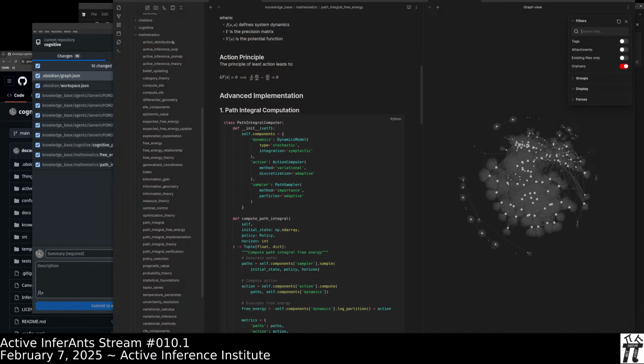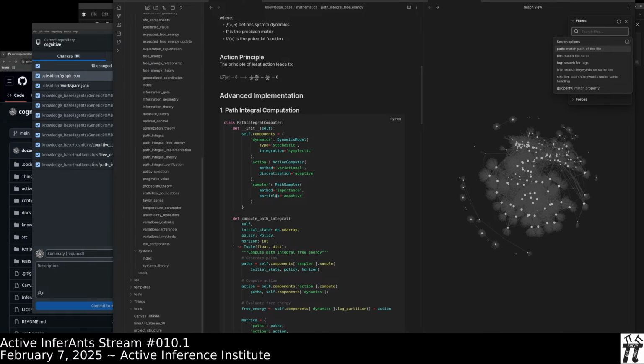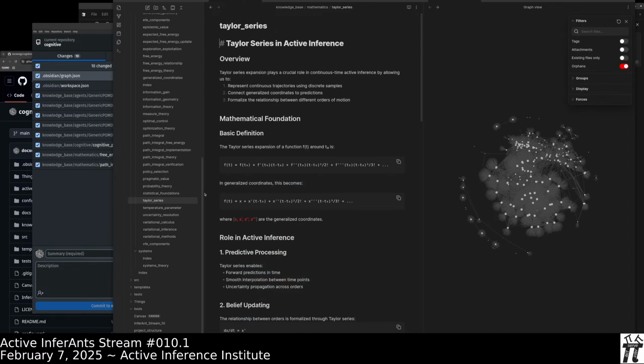Okay, so that's the math learning component. How is the Taylor series related to the continuous time agents operation in generalized coordinates? Also something that many have wondered. These are specific questions about Taylor series expansion, generalized coordinates, continuous time active inference agents.